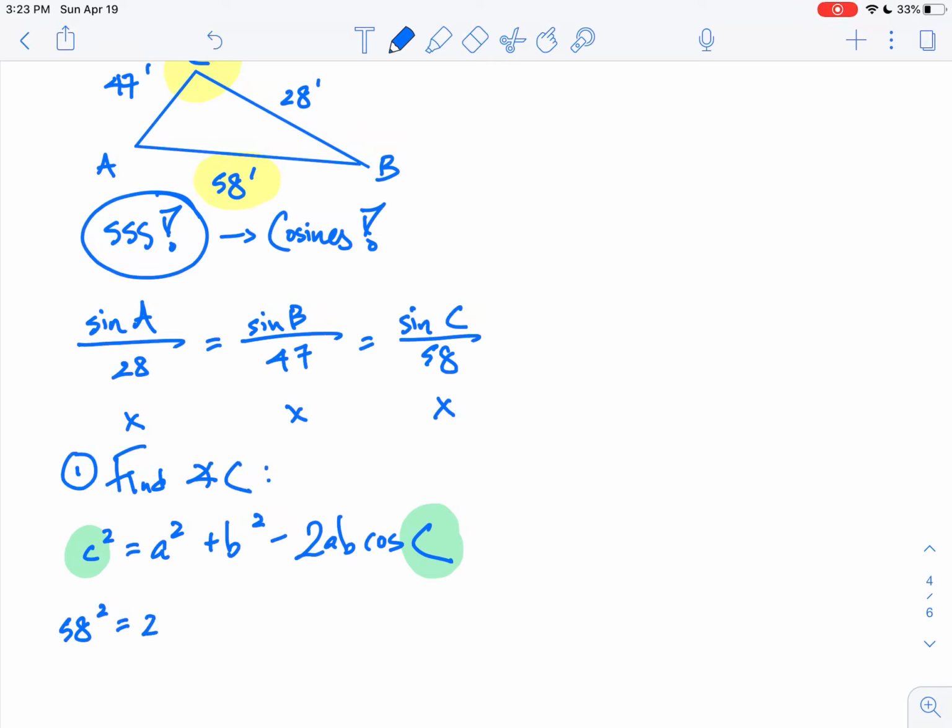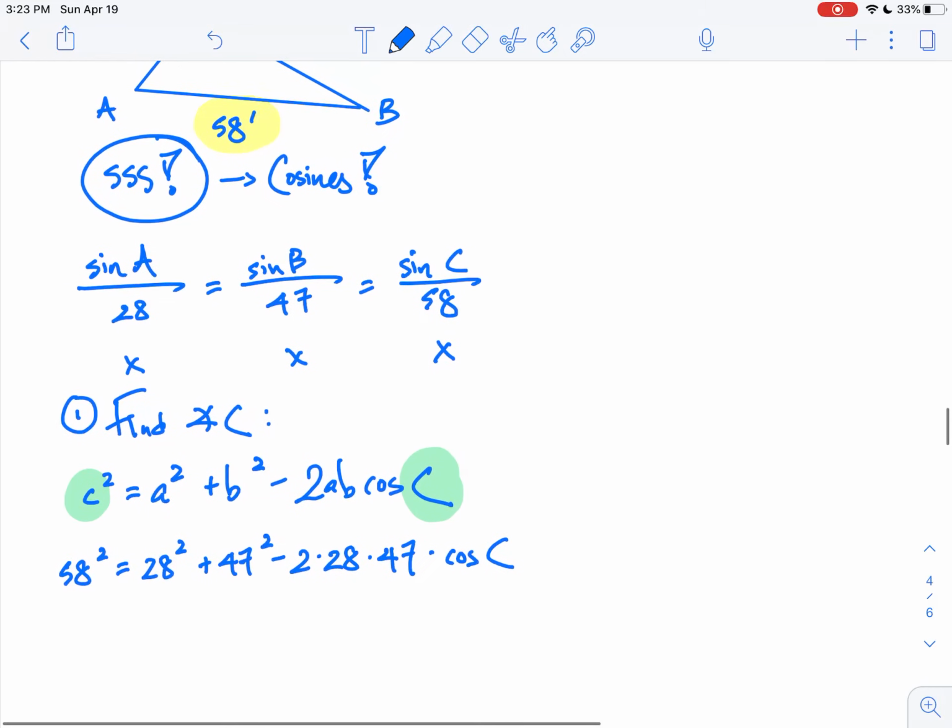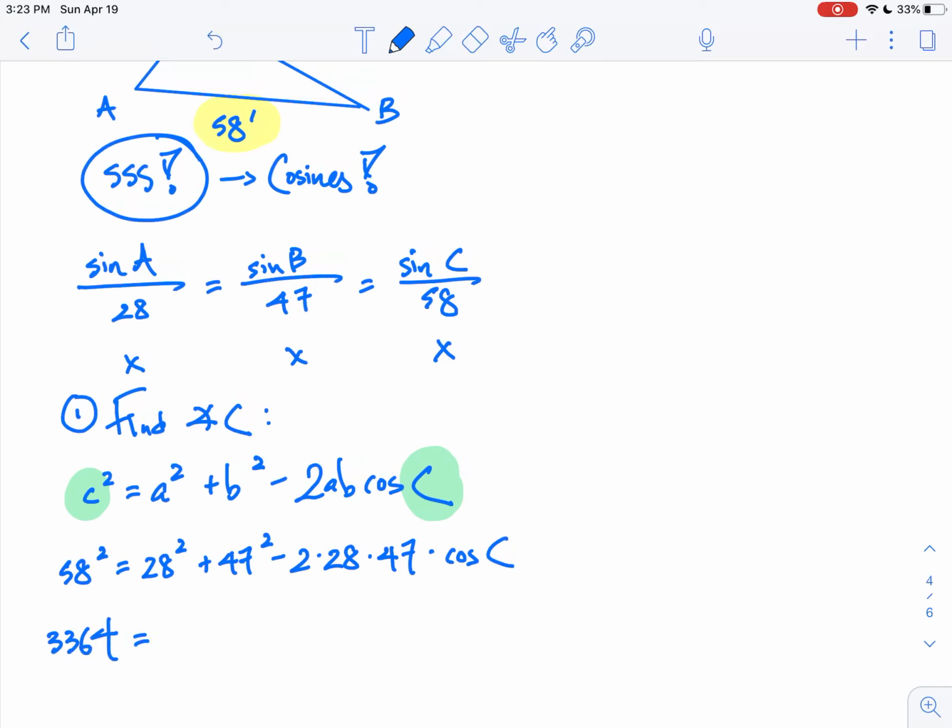All right, so let's fill in our numbers. 58 squared equals 28 squared plus 47 squared minus 2 times 28 times 47 times cosine C. So as a strategy, I like to turn all the squares into numbers. So 58 squared is that. But sometimes I go ahead and combine those two right off the bat. So 28 squared plus 47 squared is going to give me 2993. Minus, then I take these three and I multiply them. So 2 times 28 times 47 will give me